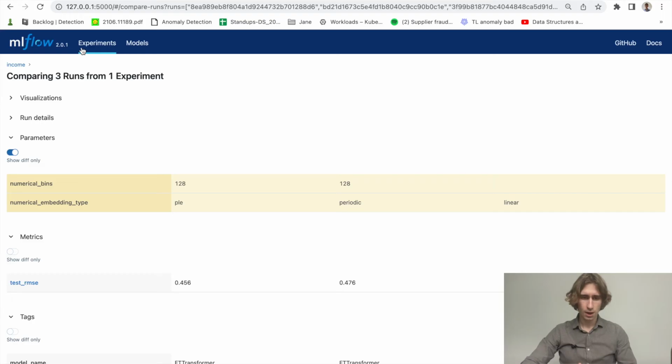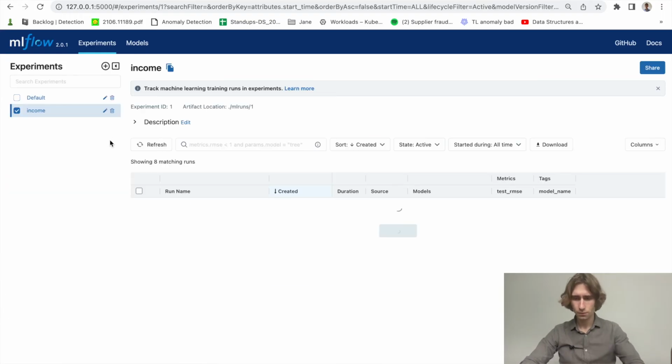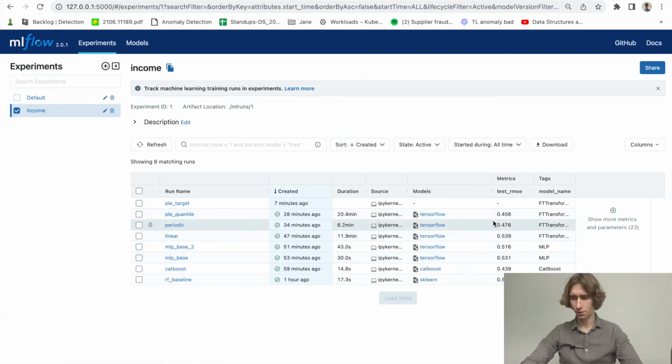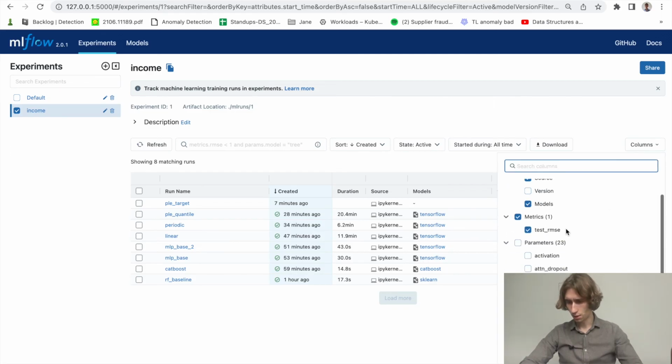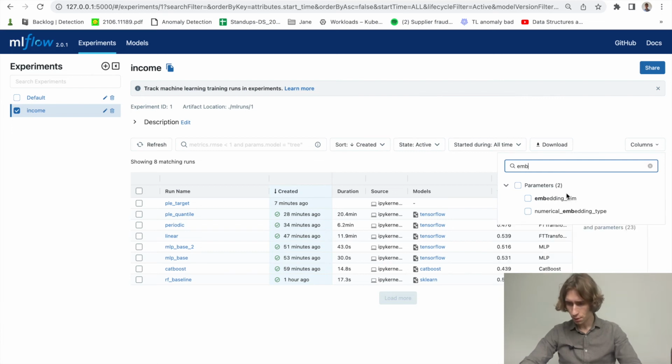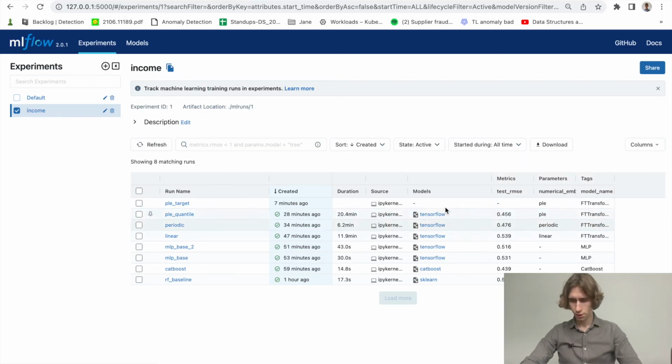So if we can go back, we have this visualization at a glance with different model names with different parameters. So in this case, I would probably want to add the embedding type. There we go. Just to differentiate between the FT transformers,